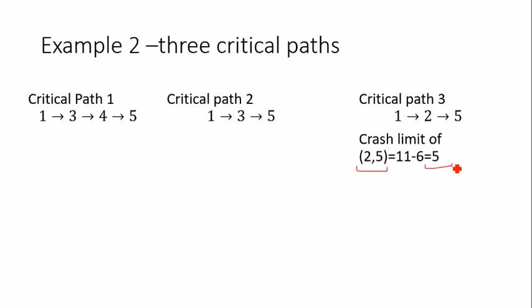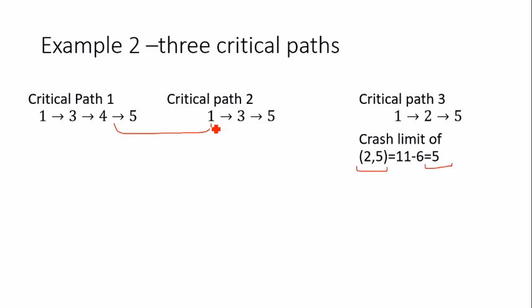But for these two, I cannot simply find their individual minimum slope activities. I have to decide whether it is beneficial to compress the common activity, or to compress the individual minimum slope activities,